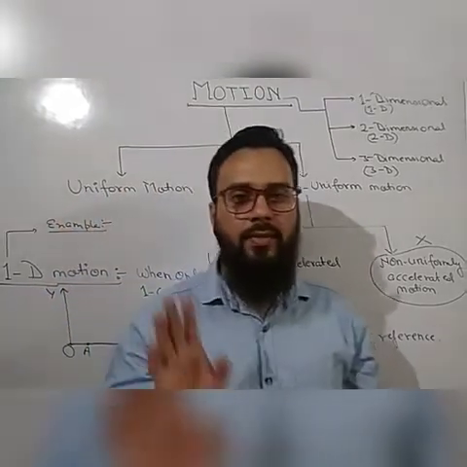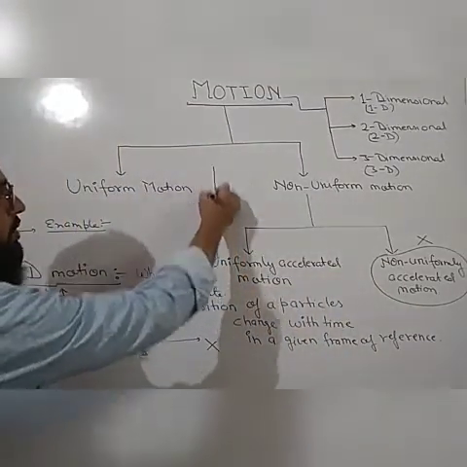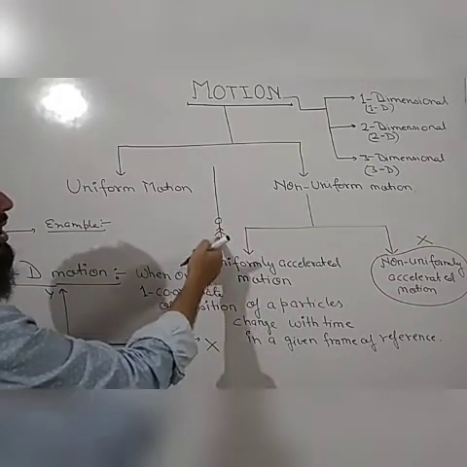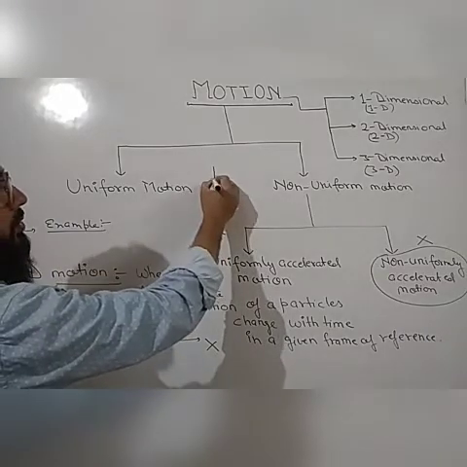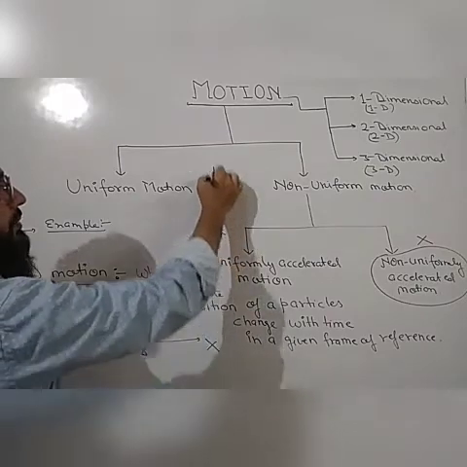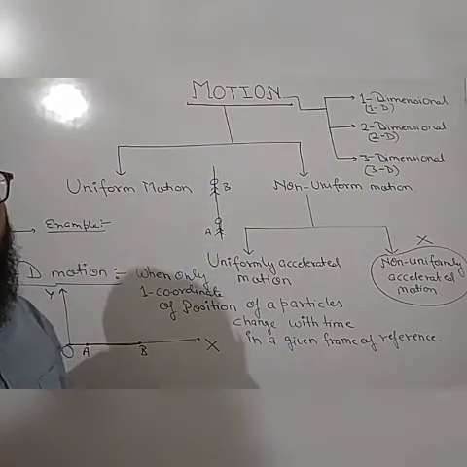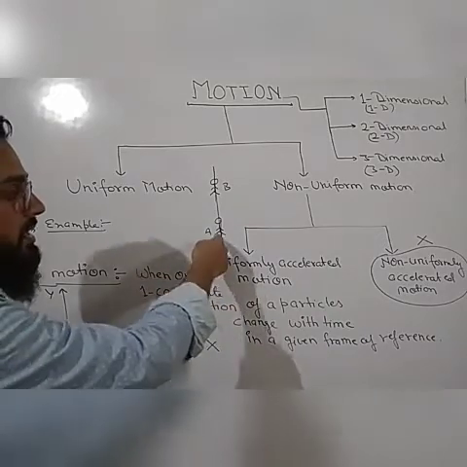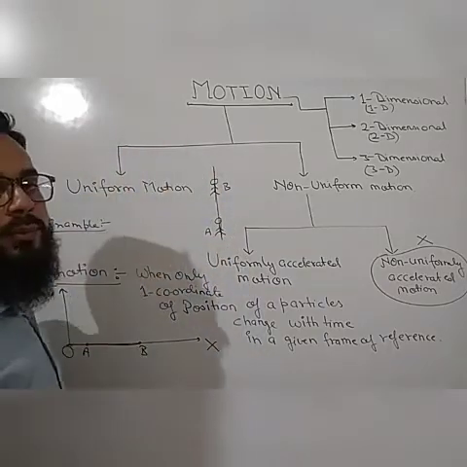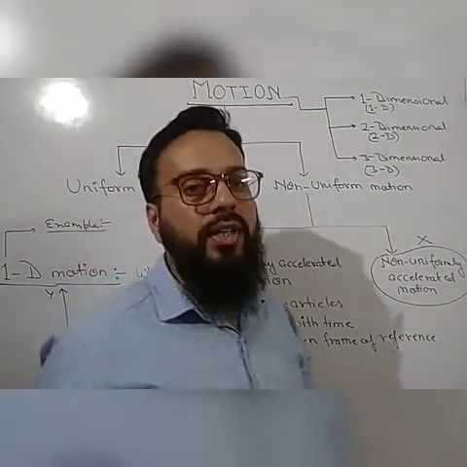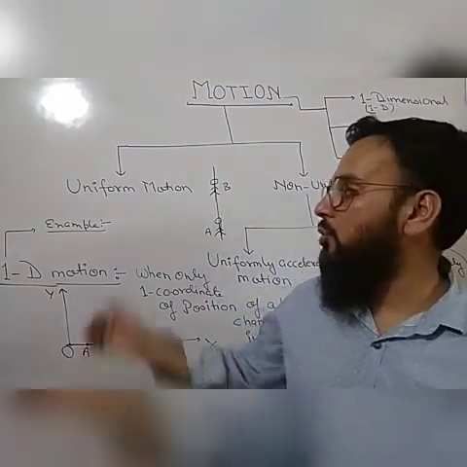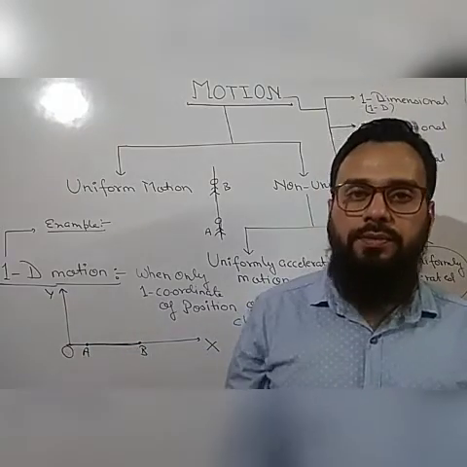Or if you draw a line, suppose we have drawn this line, and you start running on this line only, you start from this point A and reach point B following this line. So it is a straight line. It means if we consider it the y-axis, then only the y coordinate is changing. So either the x coordinate or the y coordinate or the z coordinate, any of the three coordinates, but only one coordinate will change, then the motion is said to be one-dimensional motion.